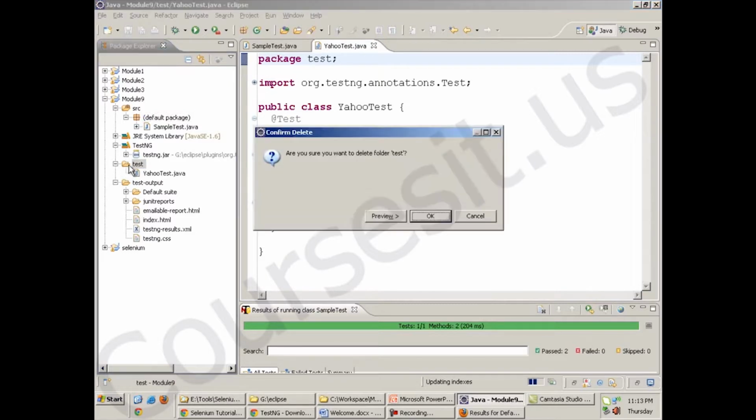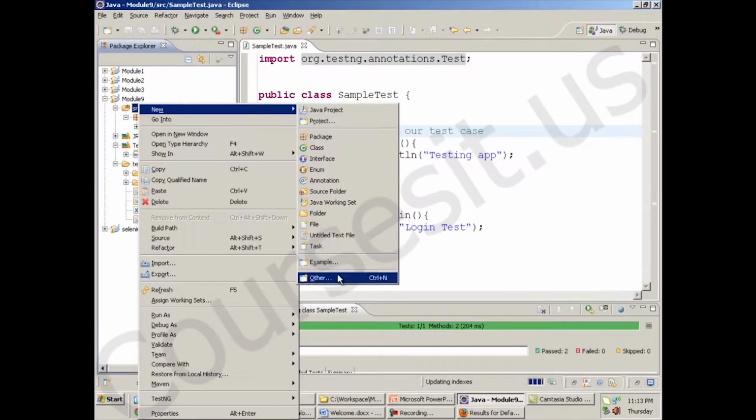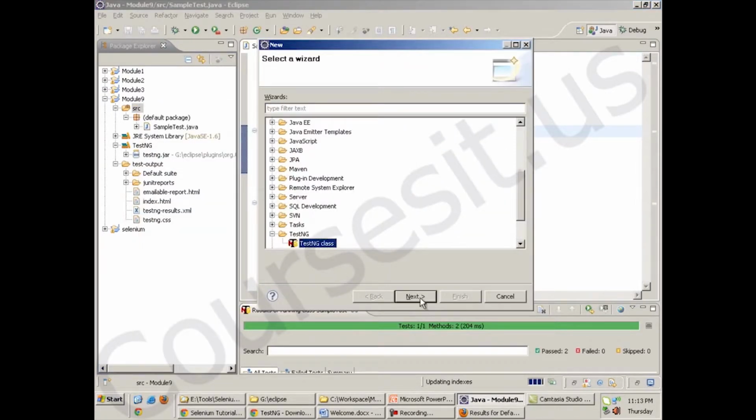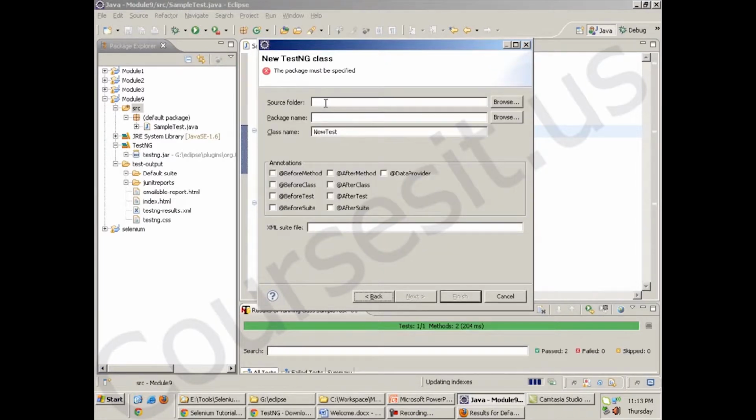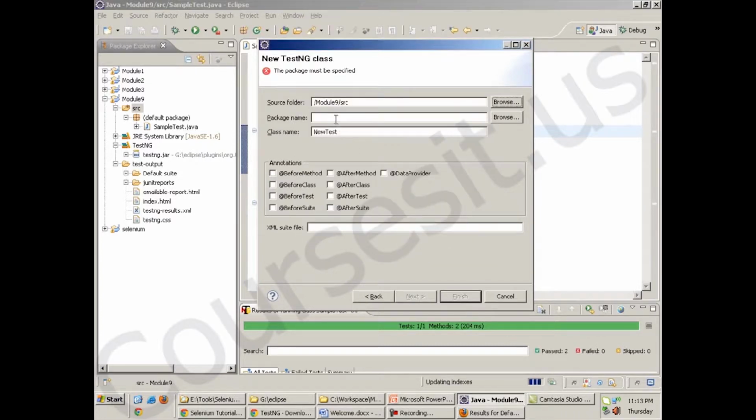Okay, wait a minute. I generated it in the wrong place. You right click on your source folder, go to New, Other, TestNG class, Next. Browse for the source folder, that is, it's in my module 9 source folder, and package name test, before method